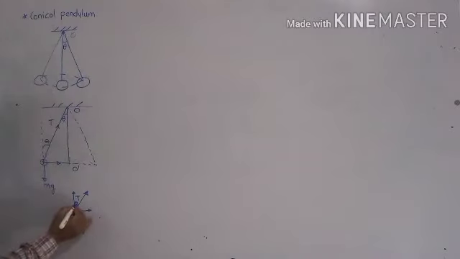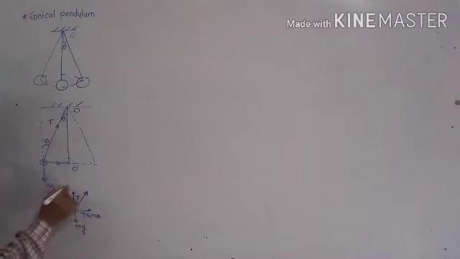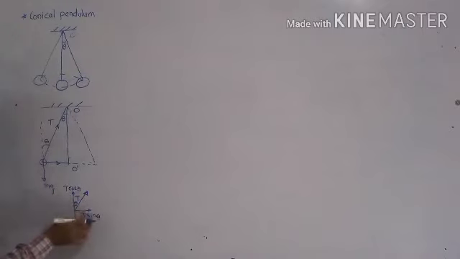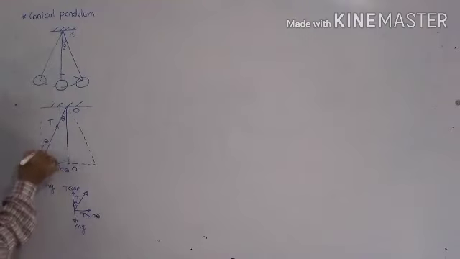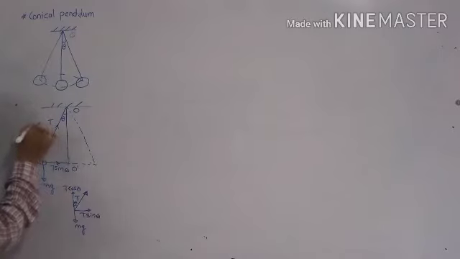Now it is the angle made by the T with the vertical, then its horizontal component will be sine. So it is T sine theta. Component of T along horizontal is T sine theta, and component of T along vertical is T cos theta. Now this T is resolved into two components, means a single force is replaced by two forces, T cos theta and T sin theta. So here it is T sin theta and it is T cos theta.